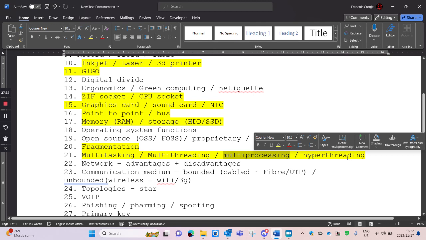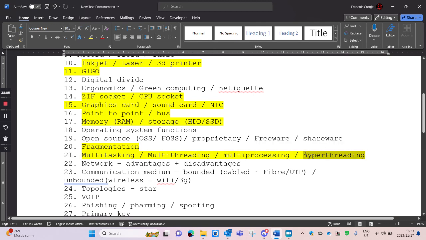And what hyperthreading does, it gives you 2 sets of it. So that while the CPU is busy processing the one, the other one can load the next stuff. And then as soon as the CPU is done, it will go to the second register. And then the first one's stuff that's processed will go out to the RAM where it should be. It will get the next stuff. And when the CPU is done with number 2, it will go back to number 1 where the next stuff is lined up. And then number 2 can go back and new stuff can be loaded. So that's hyperthreading. Hyperthreading gives us 2 sets of registers.